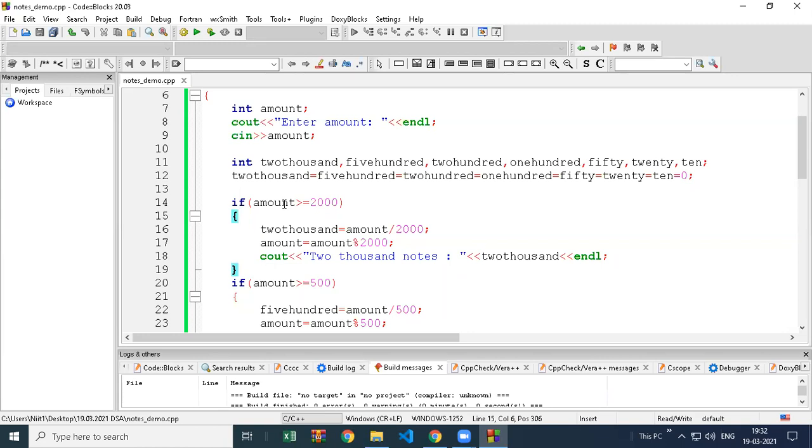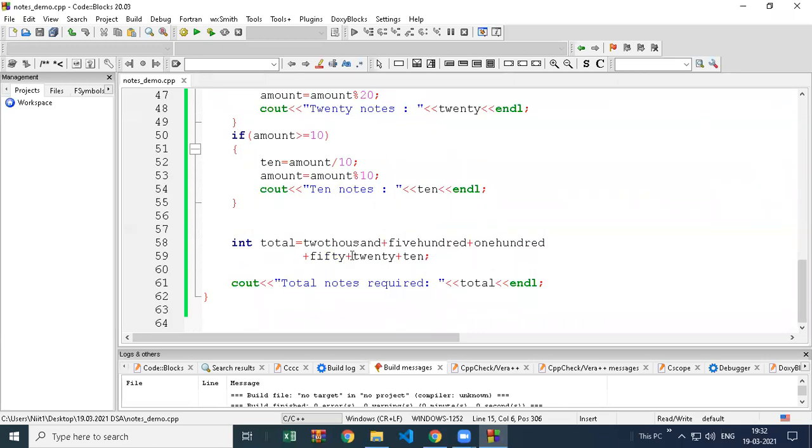This is better. Sir, what will happen if we don't declare 0 value? So there is no problem if you're using other languages like Java, Python, C#. By default, they have 0 values only. All variables have 0 values if you declare inside a class. But in C++, it takes garbage value. It will take 5 lakh, 8 lakh, 2000, minus 2000, something randomly. And then when you calculate your total notes, you will get somewhere minus 5 lakh notes required for 1500 around. So which is wrong. So that's why I declared all variables as 0 value. Understood?